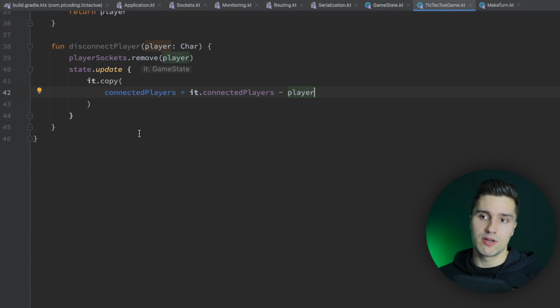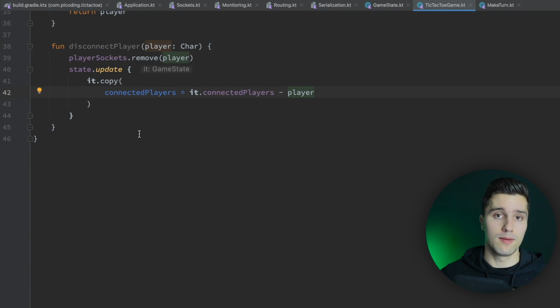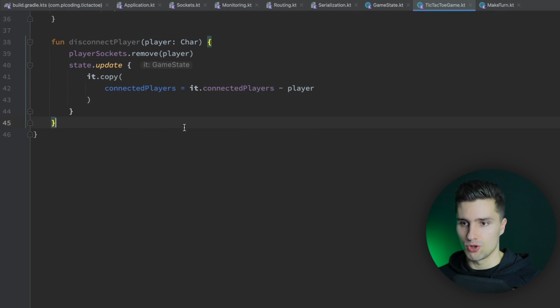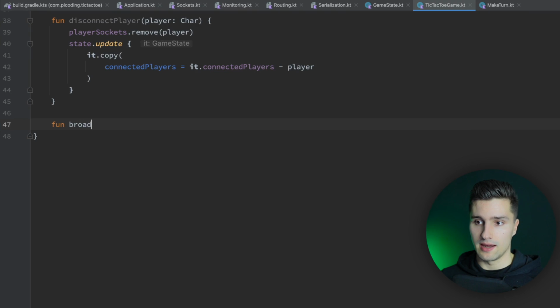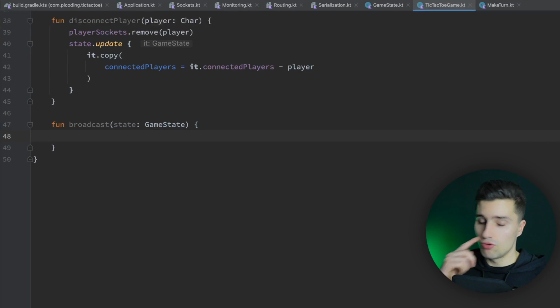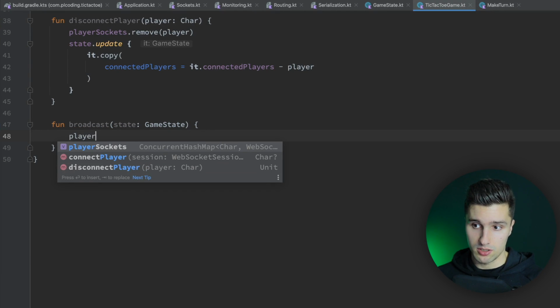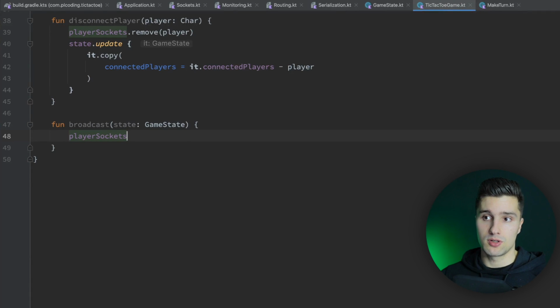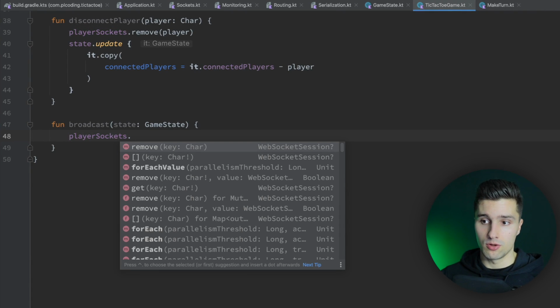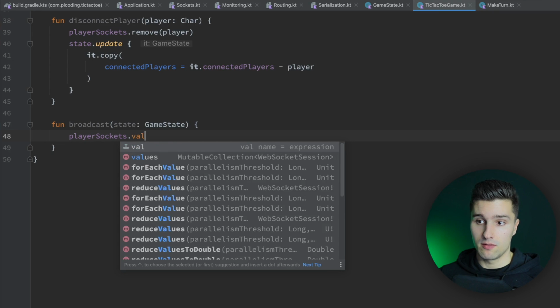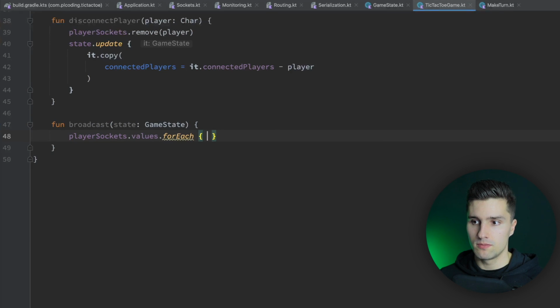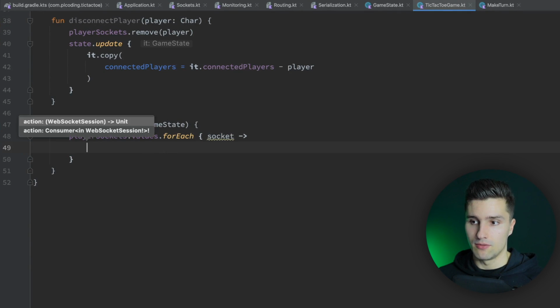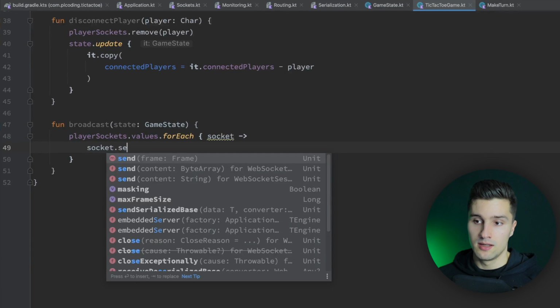Now, next, we want to have a function to send something to all players. And specifically, we want to send our game state to all players. So let's create something called broadcast. And we want to broadcast our game state. And the way this will work is we will simply use our player sockets, and we can use these WebSocket sessions to send something to those specific sockets. So we can say player sockets that values for each. Here we get a reference to the socket, and then we can say socket.send,